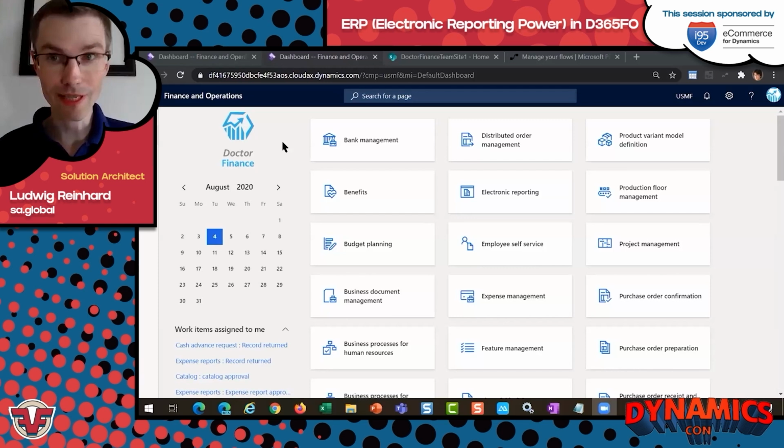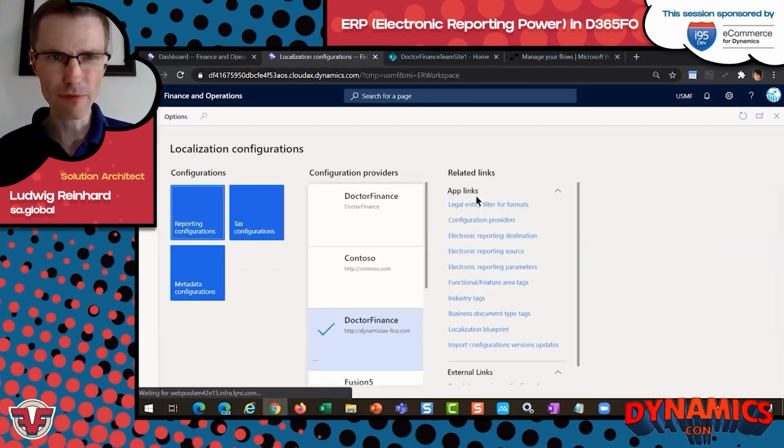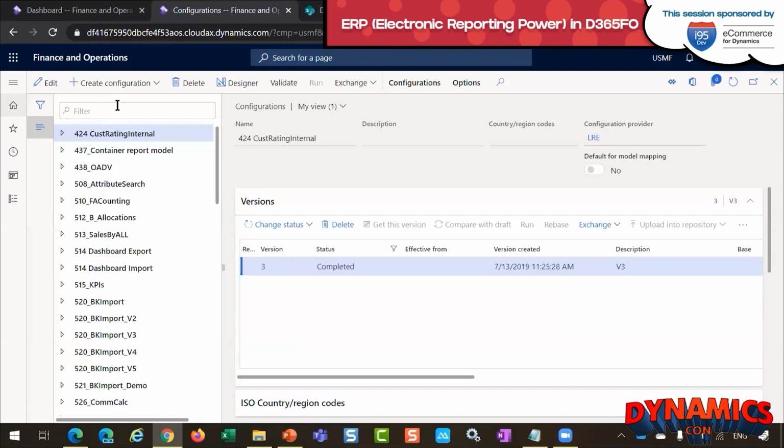Okay, so I'm now logged into one of the Microsoft demo companies, USMF in this case. And what I'm going to show you in the following is how we configure and execute this import process. So to import bank statements, the first thing that you have to do is navigate to the electronic reporting workspace. This can be found here by opening this workspace, and then in the report configurations, I prepared